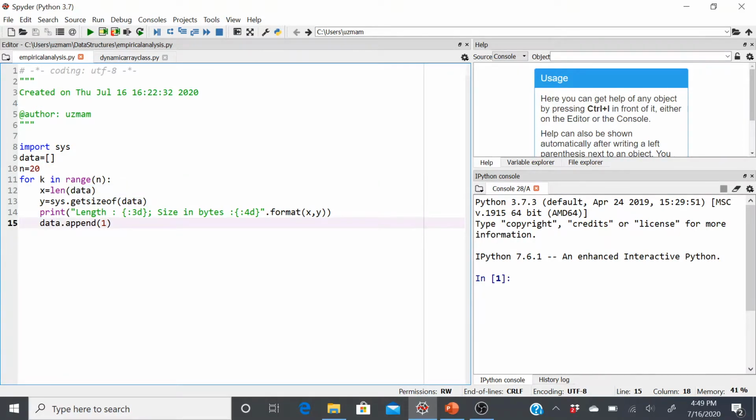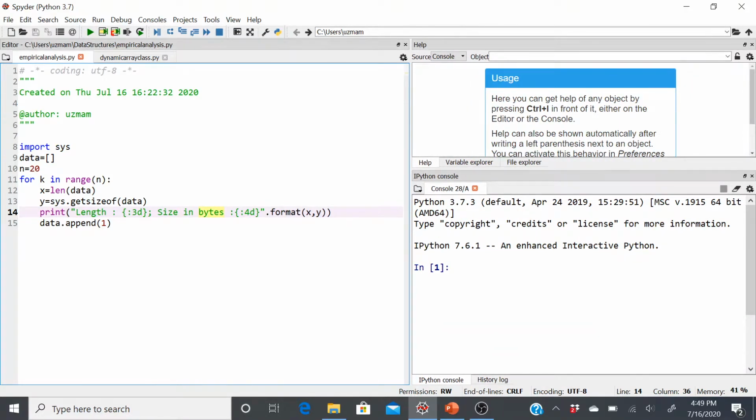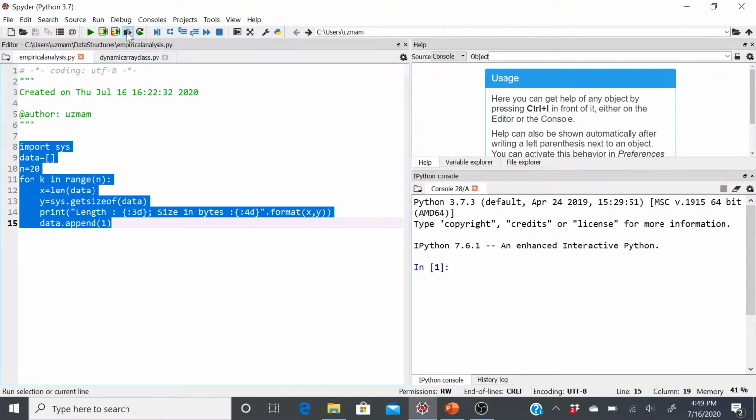All I'm doing is just appending one to it, just like a fixed number. I'm not worried about what the contents of this array or this list are. I'm only bothered about the size of this array right now, because that size implies some memory allocation, right? So that's what I'm doing here. And this will give me the actual size in bytes of my list. And I'm going to print it in a nice format so that it makes sense to us. So let's actually start running this to better understand what's happening.